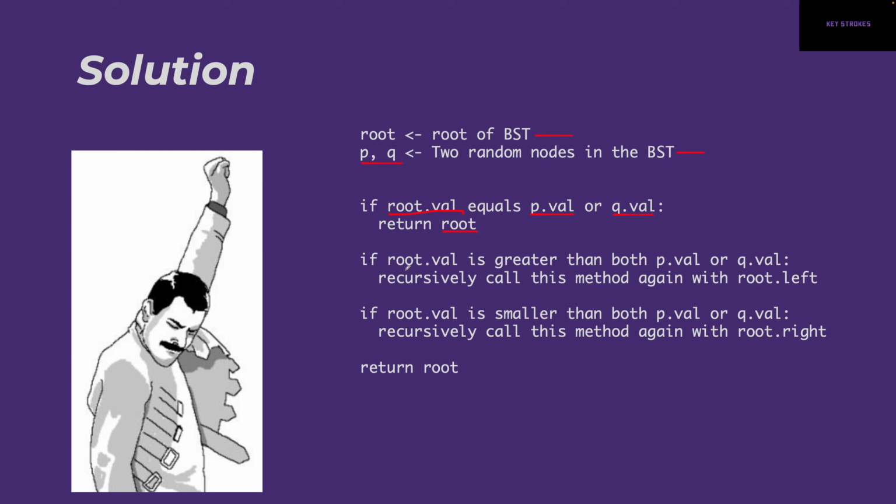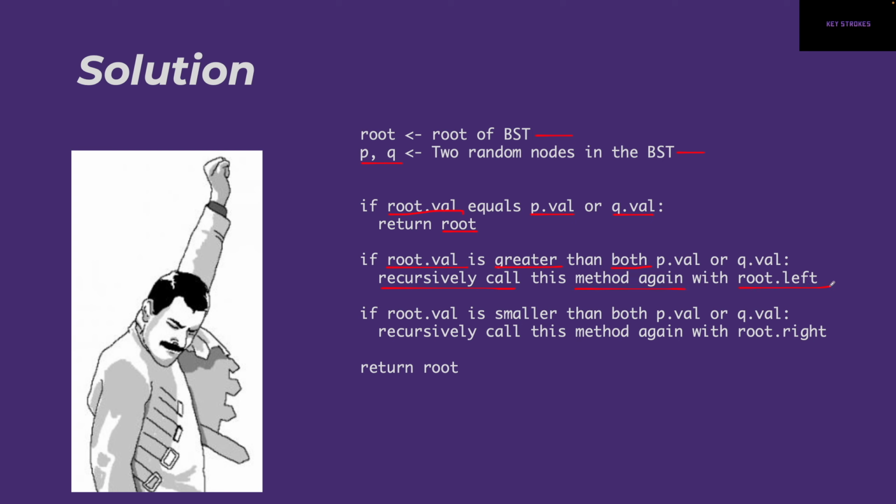we are done. Otherwise, if root's value is greater than both the given nodes to us, that is, it's greater than the value of p and q, then it basically means that the lowest common ancestor is somewhere in the left subtree. So in this case, we just recursively call the same method again, but in this case we pass